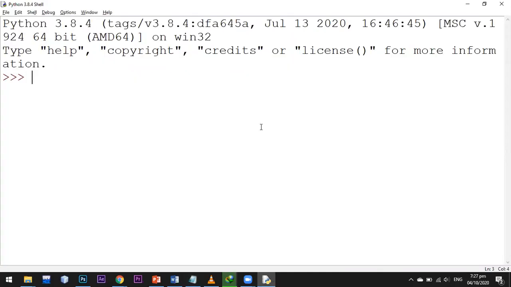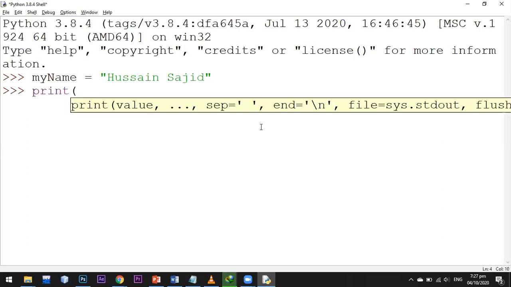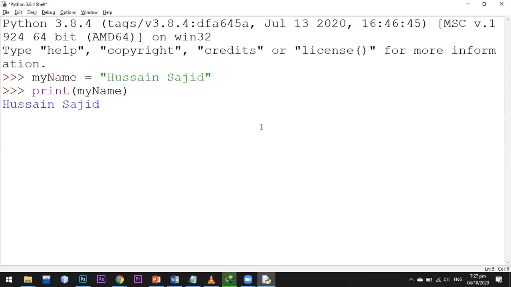So my name is a variable, so I want to create a variable for my name. I will say my name is equal to Sensaj. Click enter. My name is saved, so I want to show that on screen. You have to use the print function if you want to show anything on the screen. In that way we print out different things.